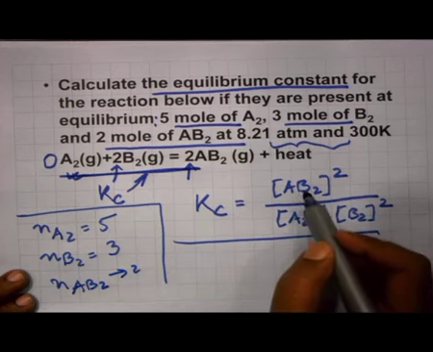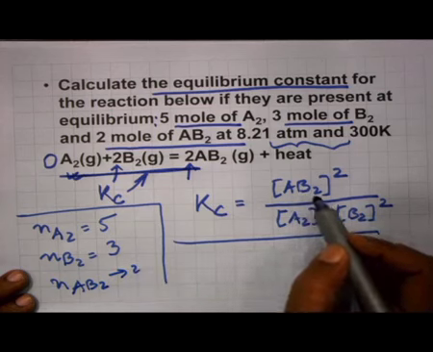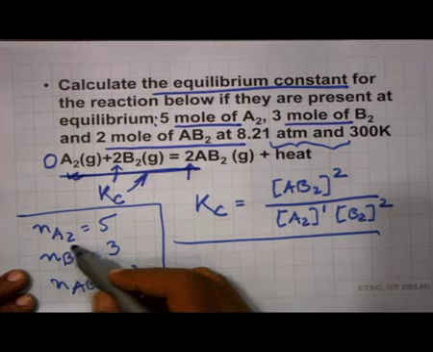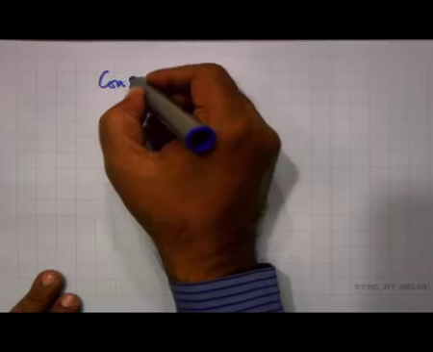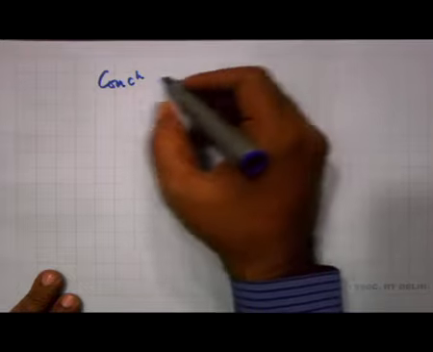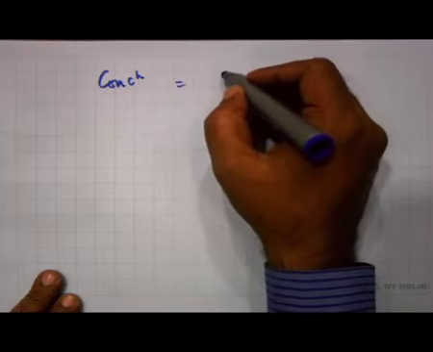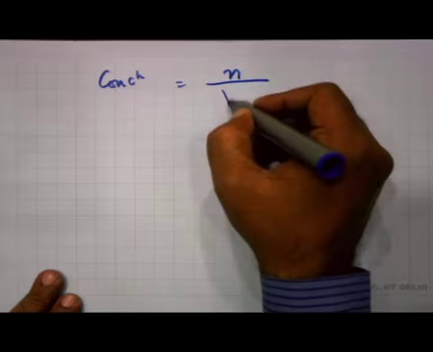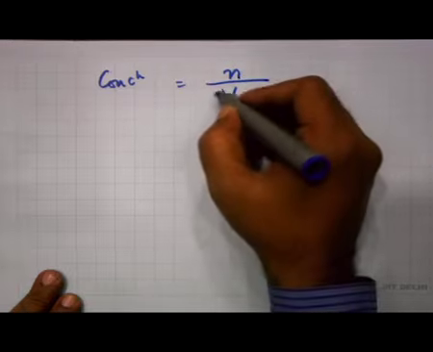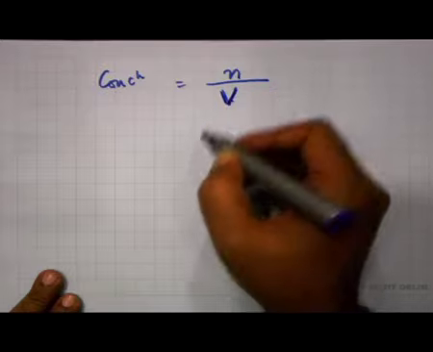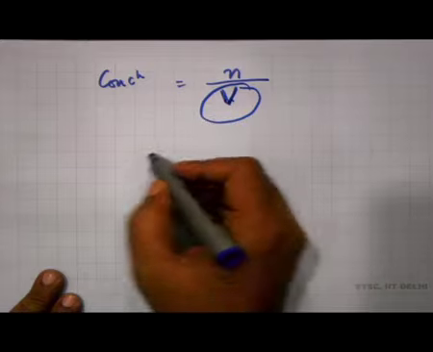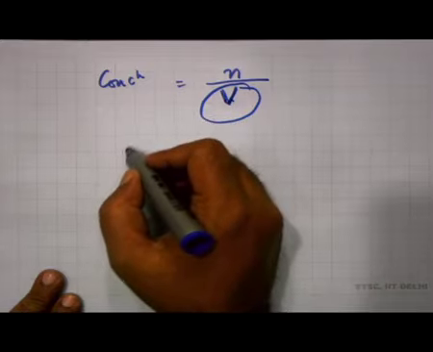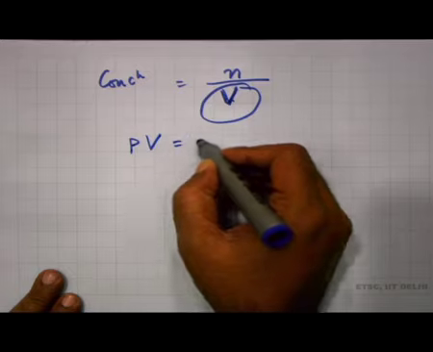Now, you see what we need is the concentration of AB2, not the number of moles of AB2, and we know the relationship between concentration and number of moles. So, concentration is equal to n by V, where V is the volume. So, we need to find out the volume, and for volume we can use the equation PV is equal to nRT,